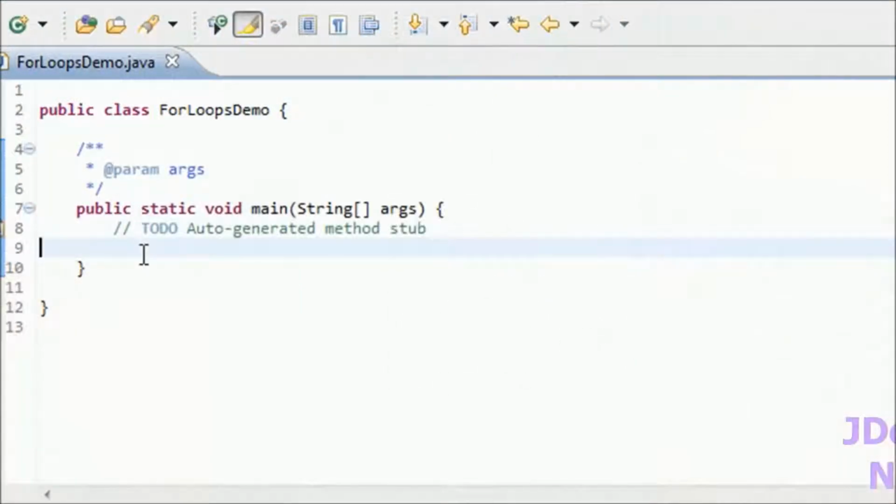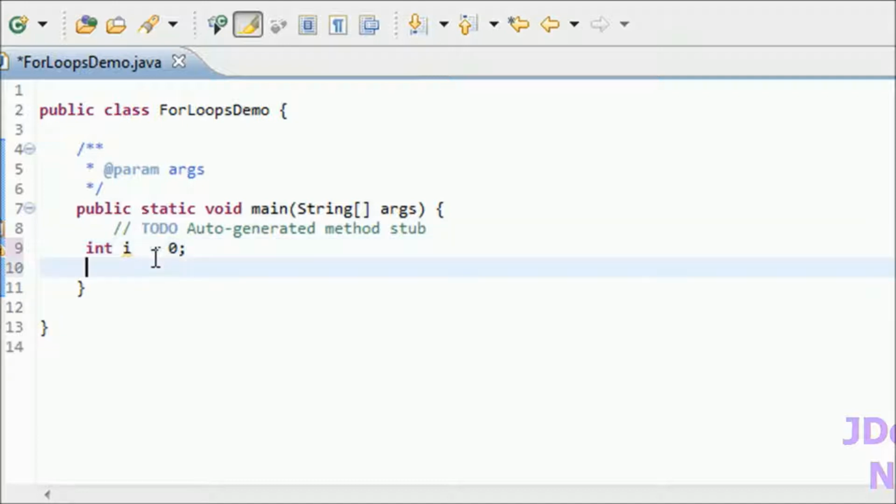Here I have a class ForLoopDemo with the main method, and here I am going to write one for loop. I am declaring an integer int i equal to 0, and then for loop. I am giving semicolons like this.